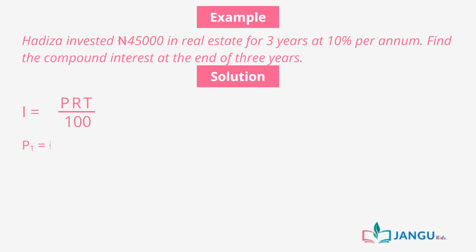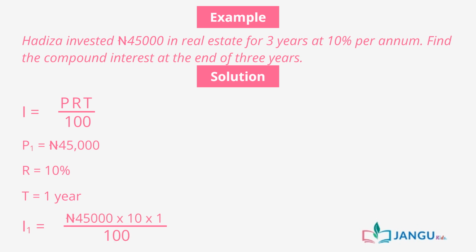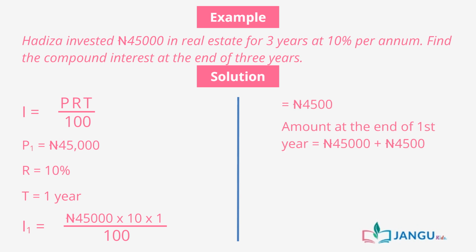Given the principal is 45,000 naira, the rate is 10% and the time will be 1 year since it's per annum. Hence 45,000 times 10 times 1 all over 100, 0 cancels 0, 0 cancels 0, 450 times 1 is equal to 4,500. Amount at the end of the first year will be 45,000 naira plus 4,500, which is equal to